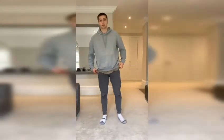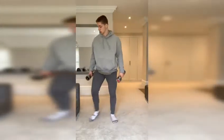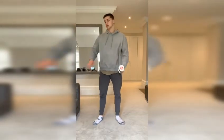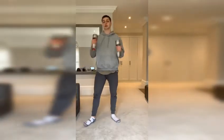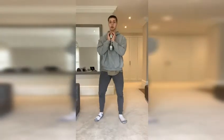So same principle, 2 exercises back to back, 1 superset, 12 reps on each one. We're going to start with a goblet squat. So again, depending on how heavy your dumbbells are, you can either use 1, hold it up like so. If your dumbbells are quite light, obviously feel free to hold both of them, yeah? So goblet squat to begin with, off we go. So 12 reps, nice controlled down, quickly up, yeah? 2, 3, lean back into your heels, push up through your glutes, 5,